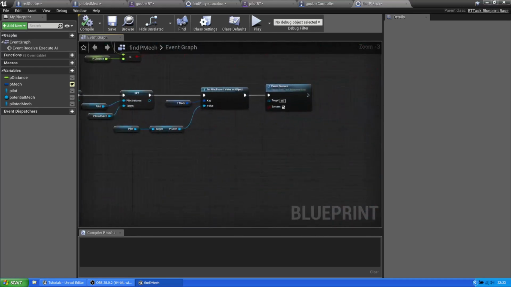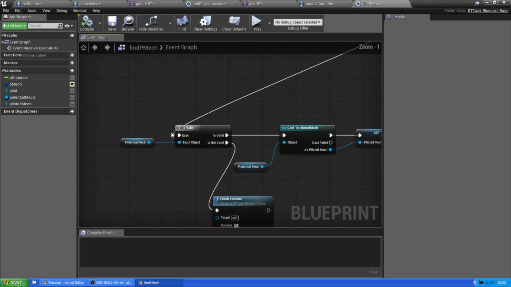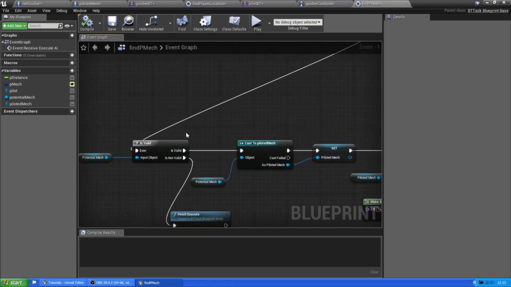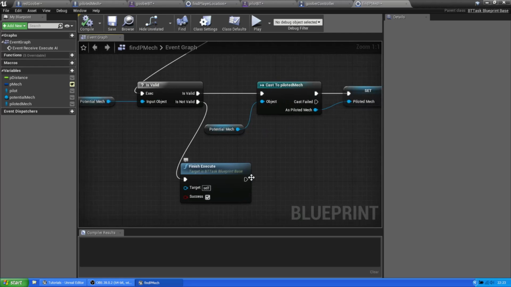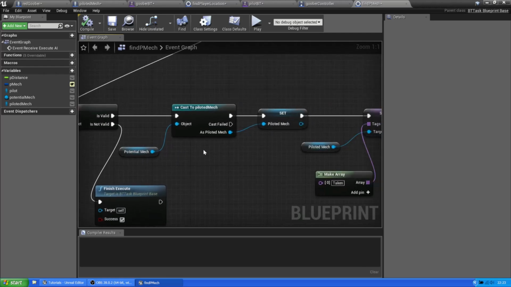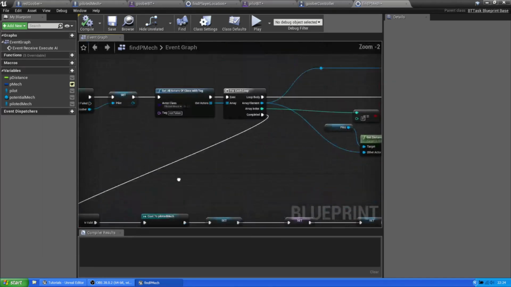Now this part here, albeit frank, it also does look a bit iffy. It looks a bit complicated, but then we're like, okay, so guys, did we find potential mech? And if we don't, then we're like, okay, we're done. Finish execute. Finish execute, we're done. GG guys, we tried, but it's just not there. But if it is, if we have a potential mech, then what we'll do is